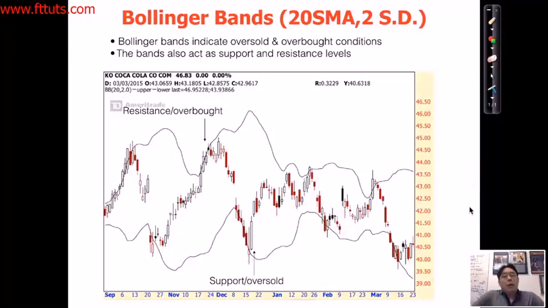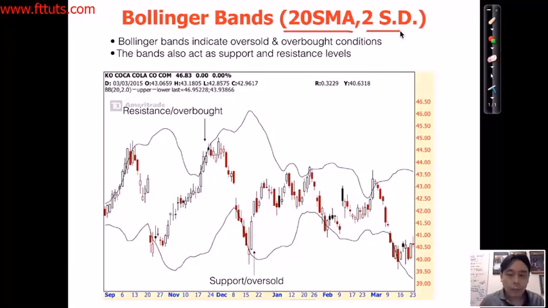Right? Great. Now, the other indicator which I use a lot of, especially in counter trend trading, are the Bollinger Bands. Okay, so Bollinger Bands are another indicator that's also used to indicate oversold and overbought conditions. They can be used together with the stochastics or by themselves. Okay, Bollinger Bands are also useful as support and resistance levels, and by default we use the Bollinger Bands 20 SMA with 2 standard deviations. Right? It's a default setting on most